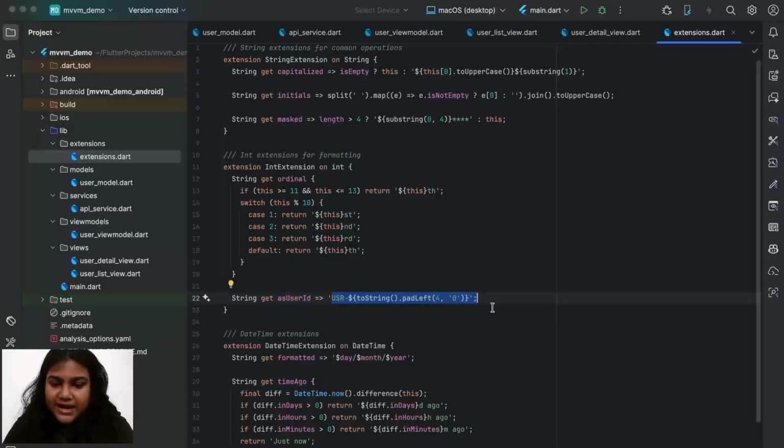Then I call padLeft. This adds padding to the left side of the string. The first parameter 4 is the total length I want. The second parameter 0 is the character to use for padding. So if the number is 1, toString gives 1 as a string. The padLeft adds 3 zeros to the left, giving 0001. Combined with the prefix, the final result becomes